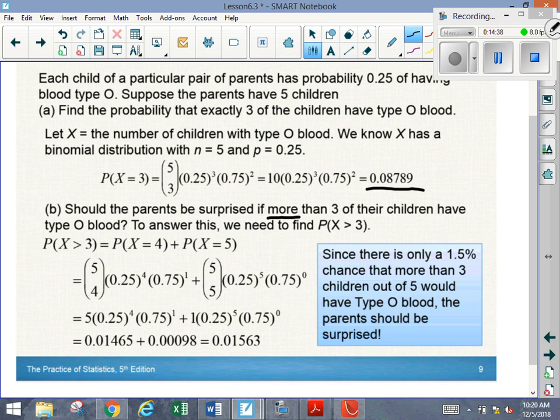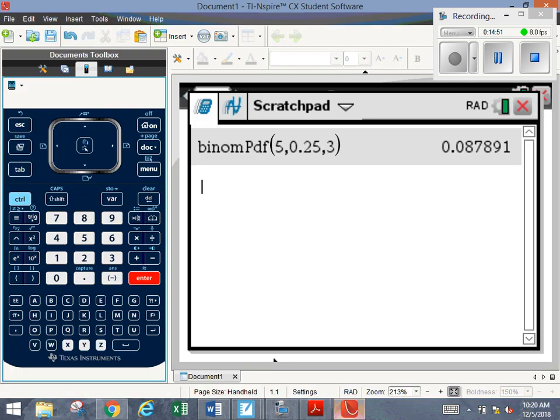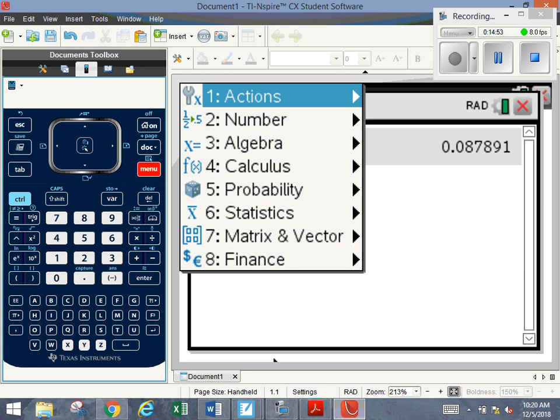So you could calculate the probability that x equals 4, and then add that to the probability that x equals 5, or you could do that all at once using your calculator. And here we go. We'll go ahead and do it. We'll hit menus. We'll hit probability,